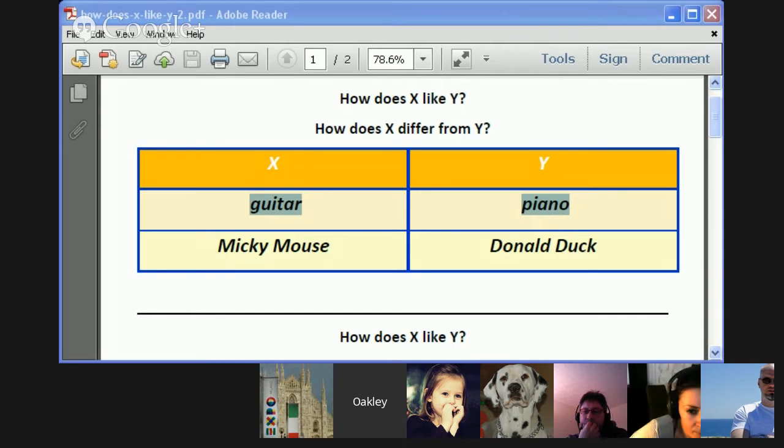Okay, Alexander, how are a guitar and a piano different? I think the different people play guitar and piano. Okay, that's a creative idea. Notice how he introduces his explanation of the contrast. I think a guitar and a piano are played by different people. That's a good full sentence, and I like the fact that he is making it obvious this is his opinion. I think that they're played by different people. Okay, thank you. Good one.